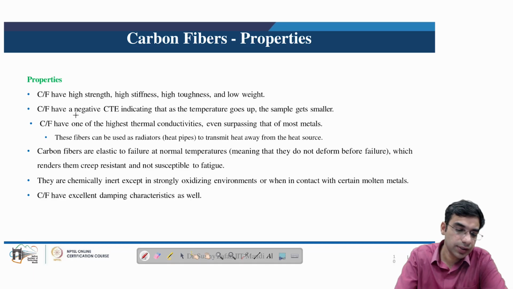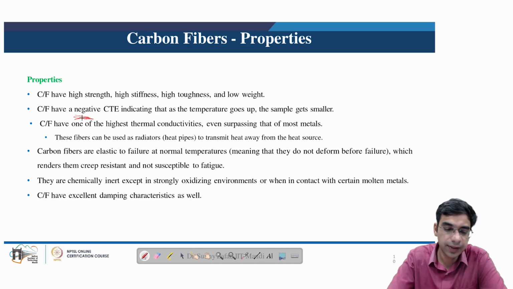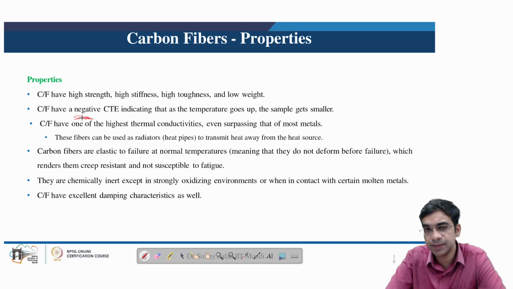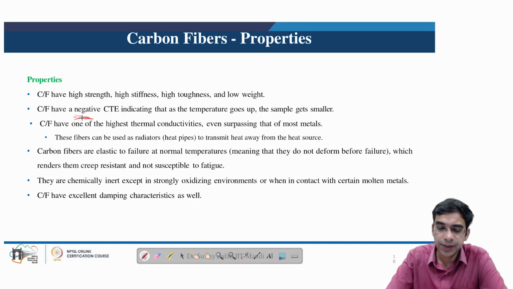It is a special case where, as the temperature goes up, the carbon fiber gets smaller. Carbon fibers also have one of the highest thermal conductivities, even surpassing most metals, and may be used in heat pipes and radiators which transmit heat away from the heat source. Carbon fibers are elastic to failure at normal temperatures, meaning that they do not deform before failure,